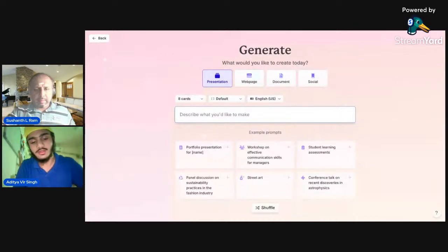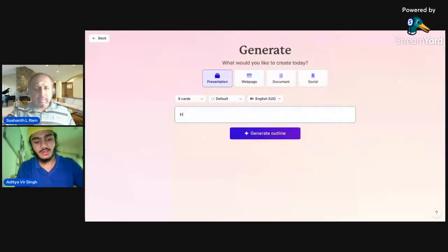For example, I want to make a presentation on how AI can increase the economy of our country, India. Now I will click generate outline.